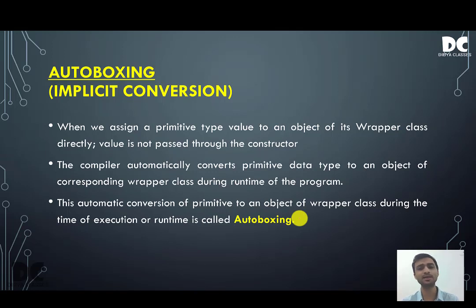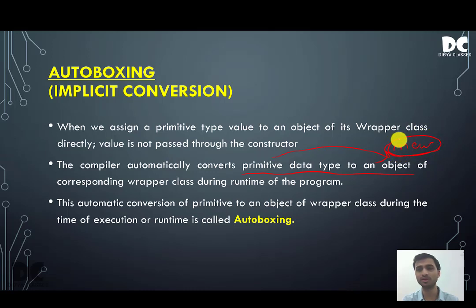Here the compiler will automatically convert the primitive data type to an object. Here also it is the same thing as boxing. Boxing was also converting the primitive data type to an object. Here also it will convert the primitive data type to an object. But we will not be using the new keyword.